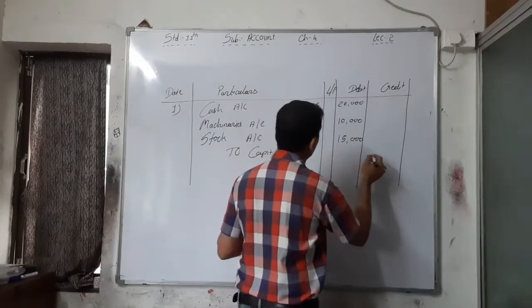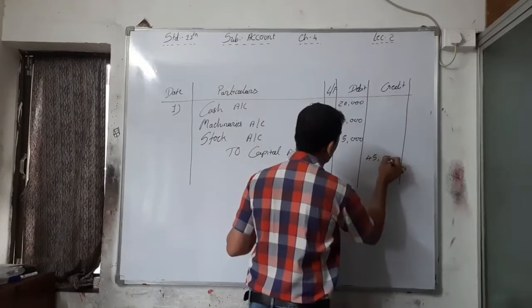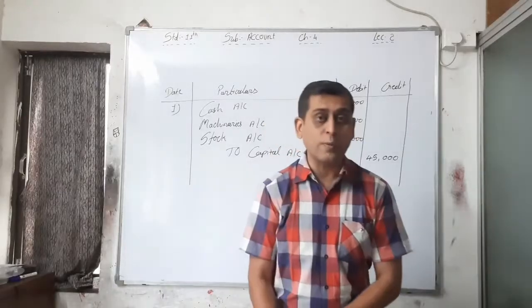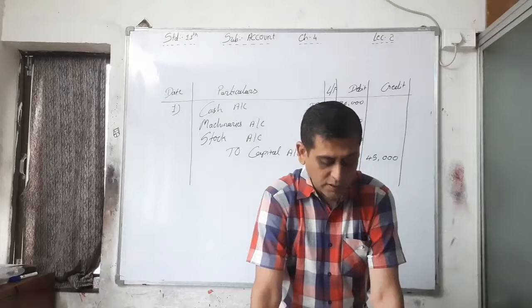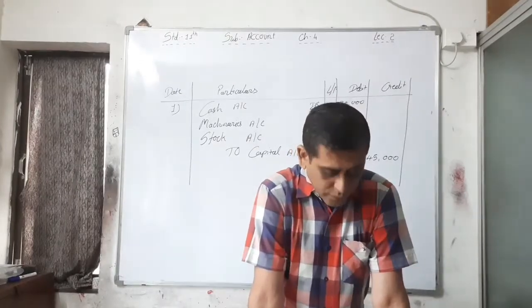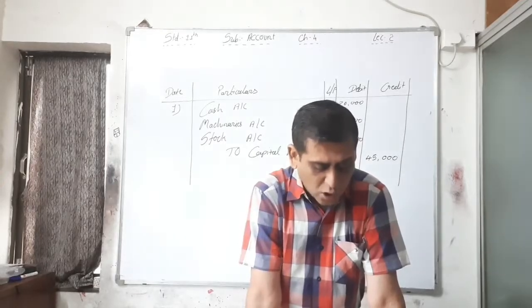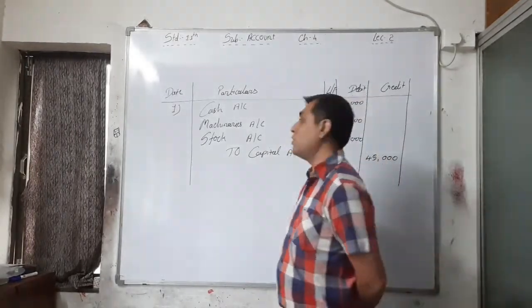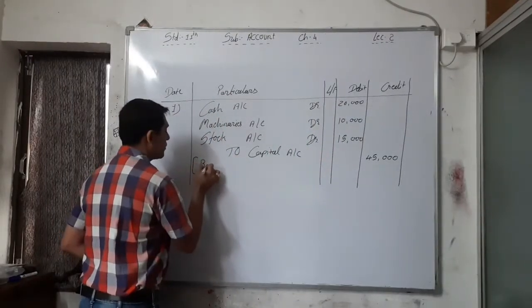Total of these 45,000. Total 45,000 rupees capital, right, is brought by the owner to the business, and write down the being, that is being rupees 20,000 in cash, machinery of rupees 10,000 and stock of rupees 50,000 brought and commence the business. That is your being, and you have to write compulsory being,